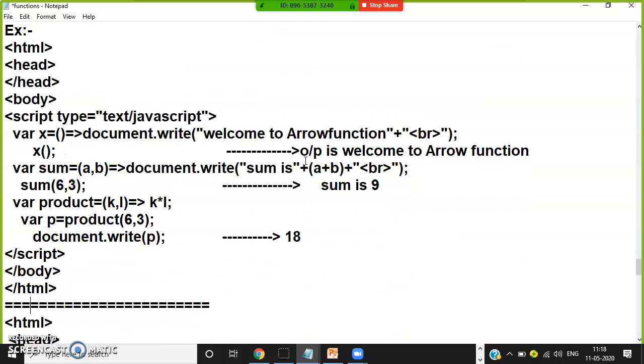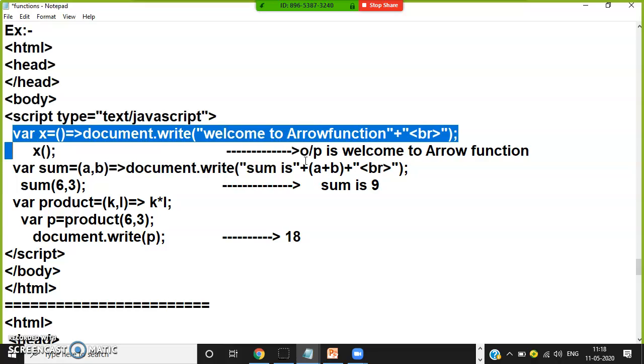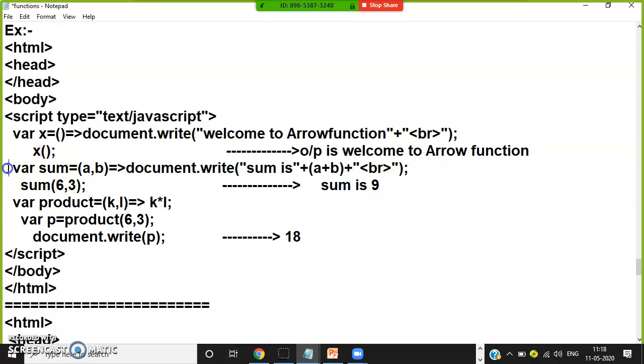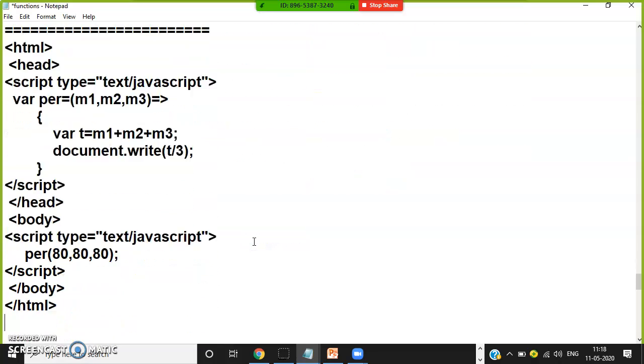Here I declared some examples just now, what I told you. This is a single line function. So this is calling the function. Output is welcome to arrow function. This is also a single line function we discussed now. Sum is 9, product is something like this, 18. Yes or no? And here if you come down, here you have an arrow function with multiple lines.